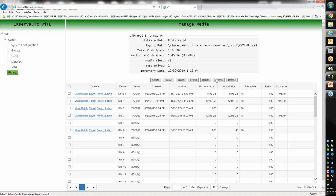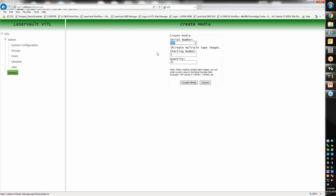So this is the web interface. You can go here to create tapes. You can put a volume serial prefix on your tape volumes. You can click the checkbox to create multiple tapes. This will tell you the next available slot, and then you can specify how many tapes you want to create. So this is a really simple way to add more tapes into your tape library,